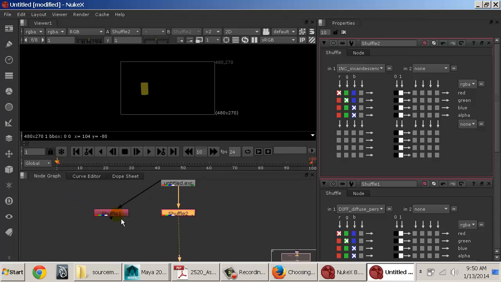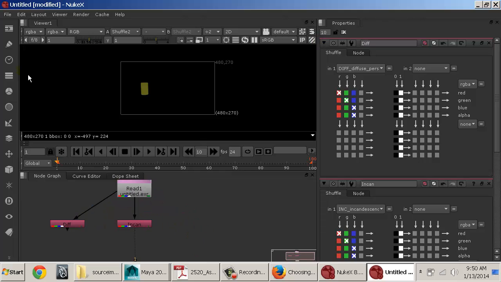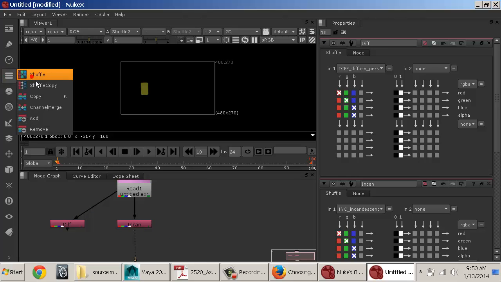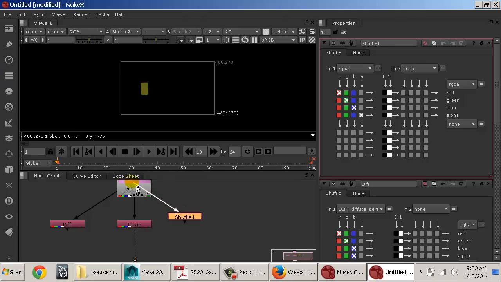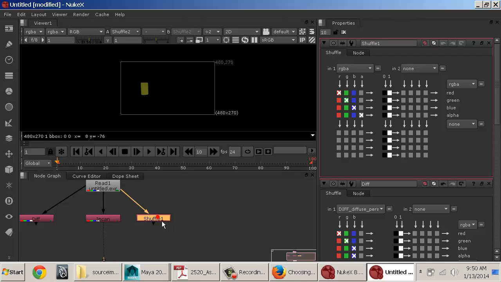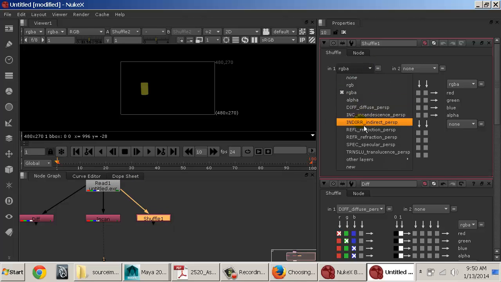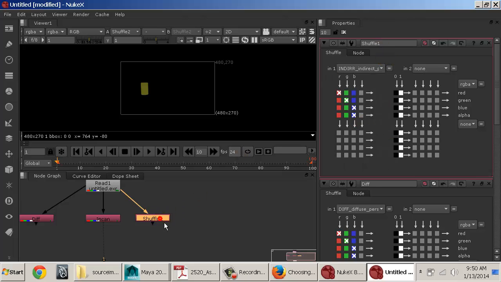All right. Now shuffle 1, shuffle 2, I don't know which ones these are called without double clicking it and saying, oh, this is diffuse. Oh, this one's incandescence. So I want to rename it up here. So I'm just going to call it incan. I don't need to call it anything else. Double click this shuffle and call this one diffuse or diff. Okay. So I'm going to click off, add in another shuffle, click the arrow to this. Make sure I'm on that one and go to indirect. I can click on number 1,